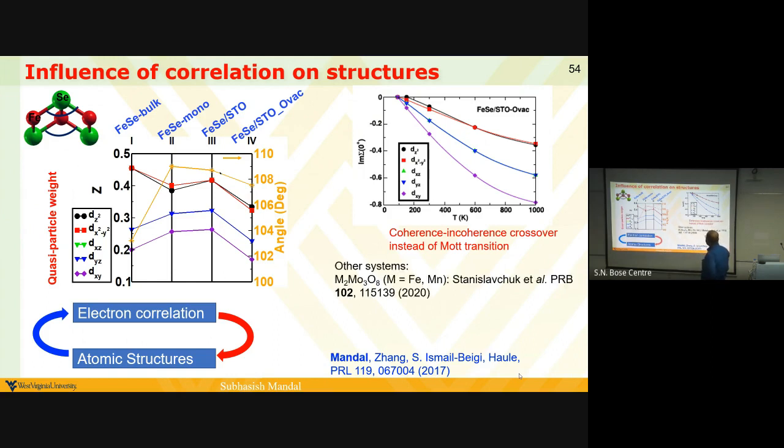The other system that we have looked at after that was done is this perovskite system. The other groups, for example, this is a flat diagram by Antoine Georges and Cyrus there. They have also seen, yeah, it is the last slide. So this was also shown: this kind of atomic structure and electron correlation relates to each other in other systems also.